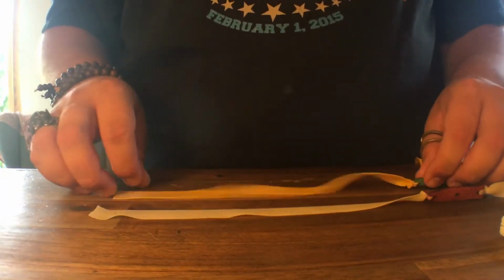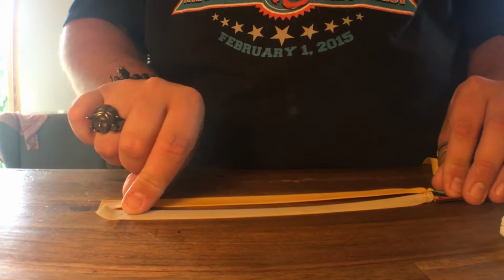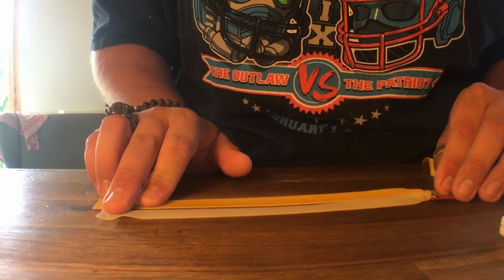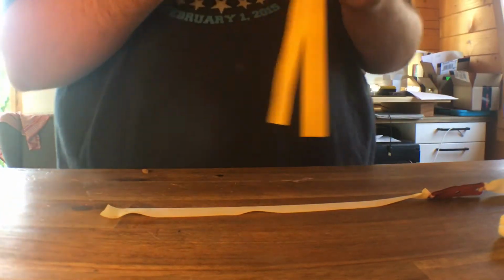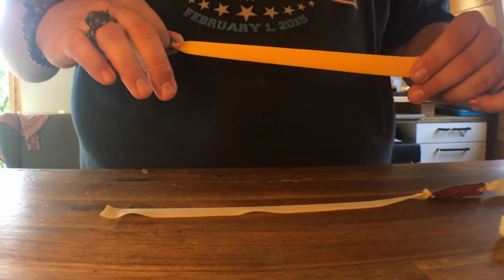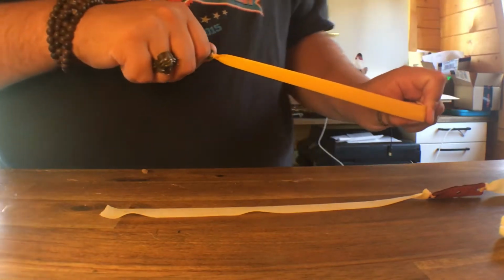You can see that this white one here, I don't know if you can see that on the camera. See how the white one is just a little bit shorter? It's because I've already sized the bands. To size the band, you want to pinch the pouch, pretending that there's something in it. And when you stick your thumb down there, you want to pinch it, and you want to pull it